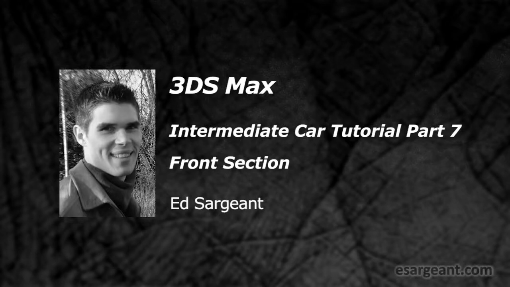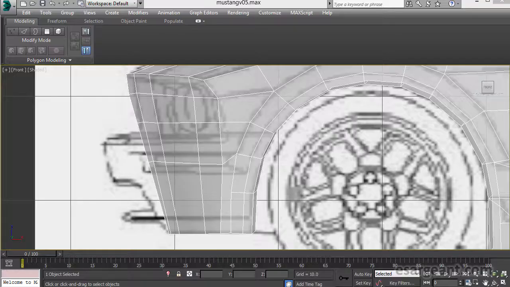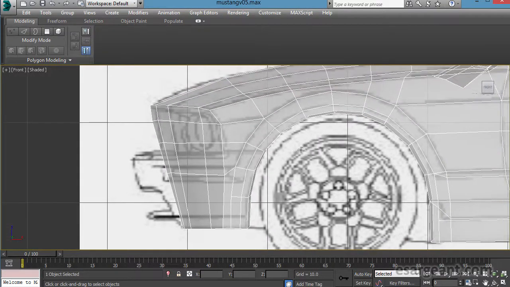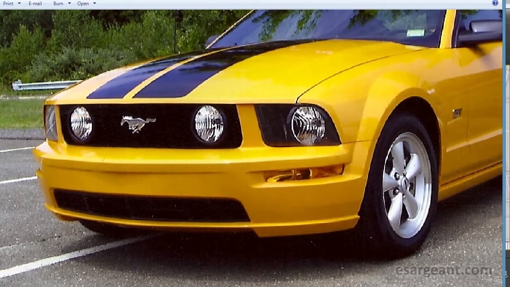In this video we'll look at the front of the vehicle and see if we can add in some detail around the lights, grille and front bumper. So as you can see here, we've got quite a lot of work to do around the front of the vehicle, and if we come back to our reference image you can sort of see where we need to